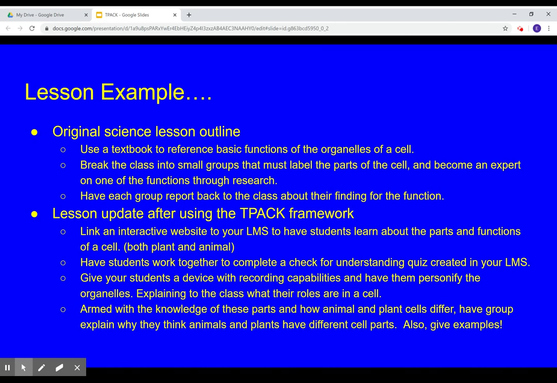So if we look at TPAC now, the bottom part of this, maybe instead of using a textbook, we were able to link an interactive website to our LMS. In this case, for us here in Hastings Middle School, we use Schoology right now. So maybe putting a link to an interactive website that shows animal and plant cells, and where you hover over those cells and it tells you the function of each of those